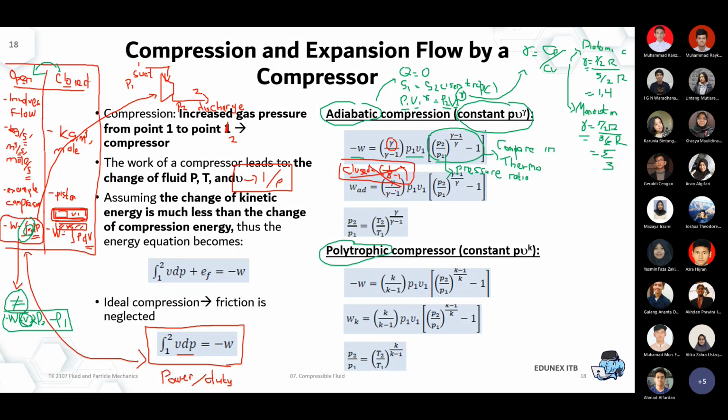So what is gamma? Again, gamma is Cp per Cv. You can derive it if you want, you can prove it, but the important thing is to be consistent with what the actual compression is measured as when we compress from P1 to P2. Don't forget to use the formula specific for adiabatic for an open system. So it's gamma per gamma minus 1, not 1 per gamma minus 1.